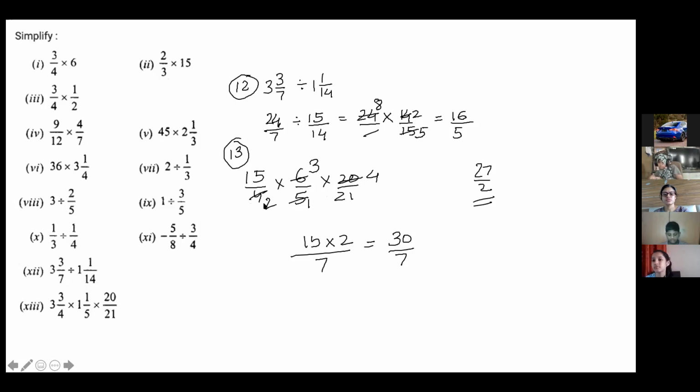15 upon 2, 3 upon 1 and 4 upon 2. But still you are left with cancellation. Again you have to cancel. 2 ones are 2, and we can cancel 3 and 21. We can cancel 2 and 4, ma'am. Yes, diagonally you can cancel out. Ma'am, I thought it is one multiplication after, so I thought. No, you can cancel yahan se yahan also. Here it is 3 ones are 3, 3 sevens are 21. So same answer you are getting, 30 upon 7. Any process you follow, you will get the same answer.